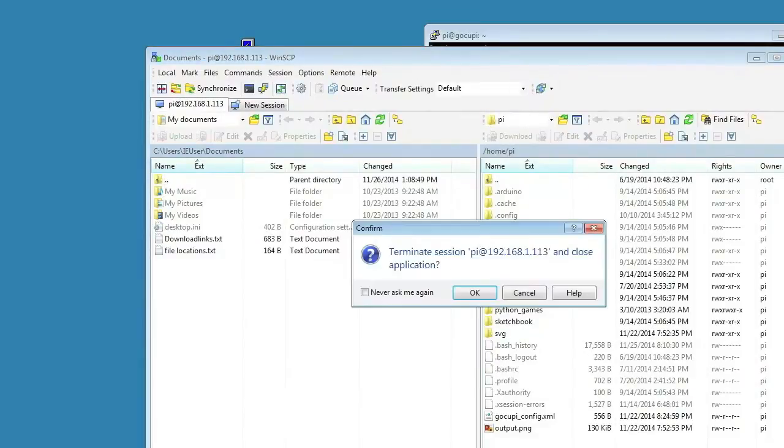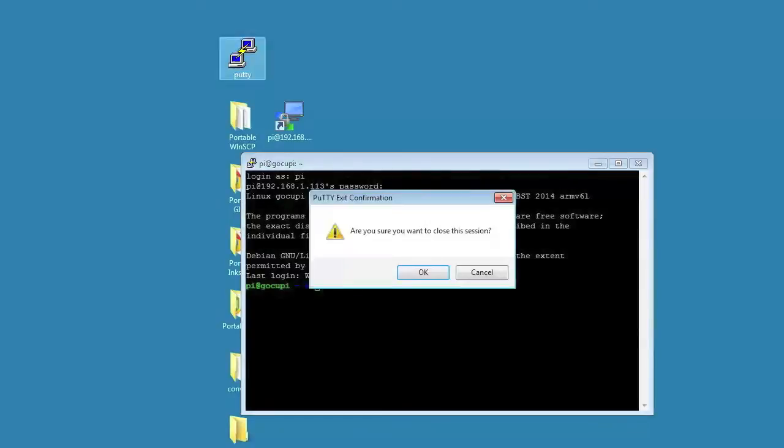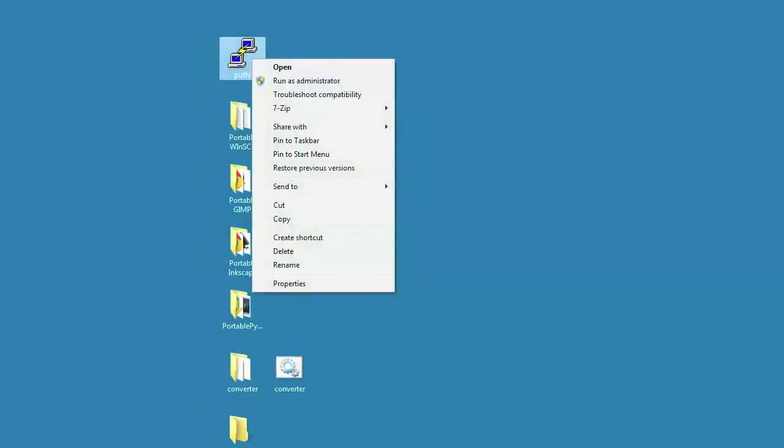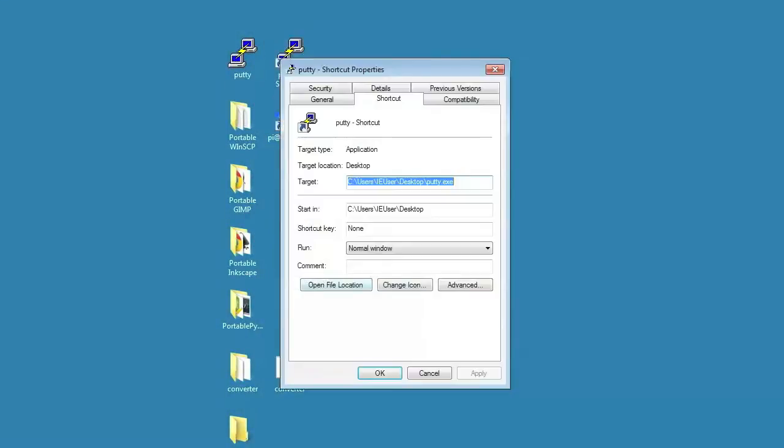Now to do this in PuTTY is a little different. To do it in PuTTY, you have to right click and create a shortcut, and once you have your shortcut made, you go to properties, and after the target you will type in Pi at IP address, and then space minus PW, and then type your password.